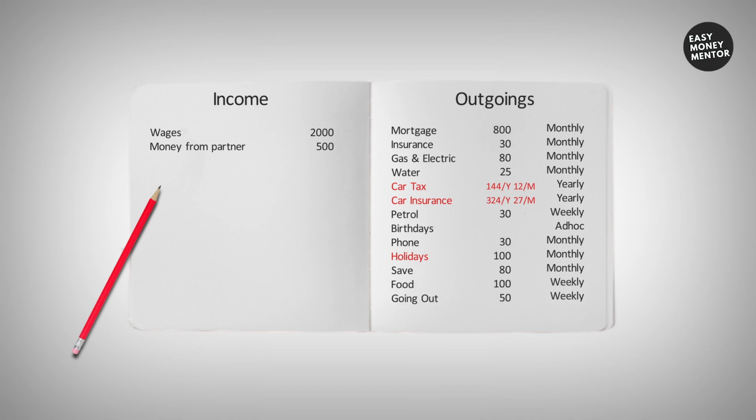The last two items are weekly costs. The first is our estimated food costs for the week, and the second one are our socialising costs that we have bundled up into an estimate based on how much we typically spend. Okay,